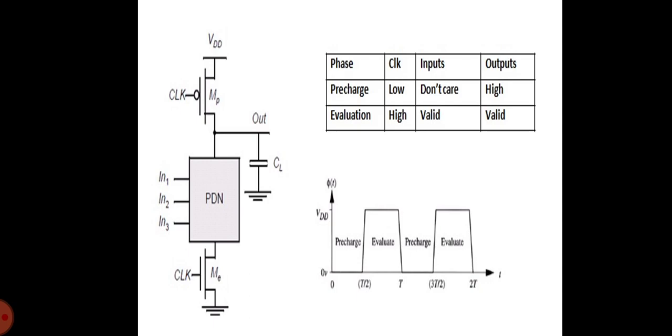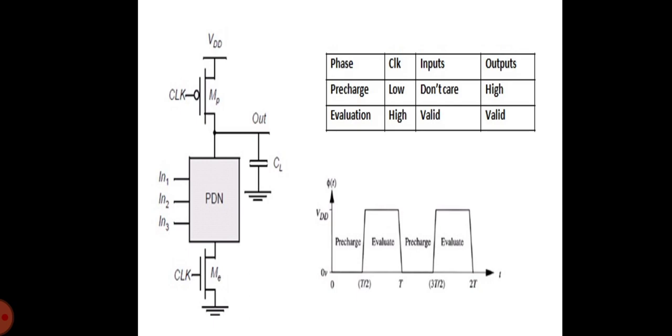In pre-charge mode, we don't need to worry about the input signals applied to the pull-down network, and the output will be high. In evaluation mode, the logic function is implemented based on the inputs, and the output is valid at that point. For clock equal to 1, the pre-charge transistor MP is off